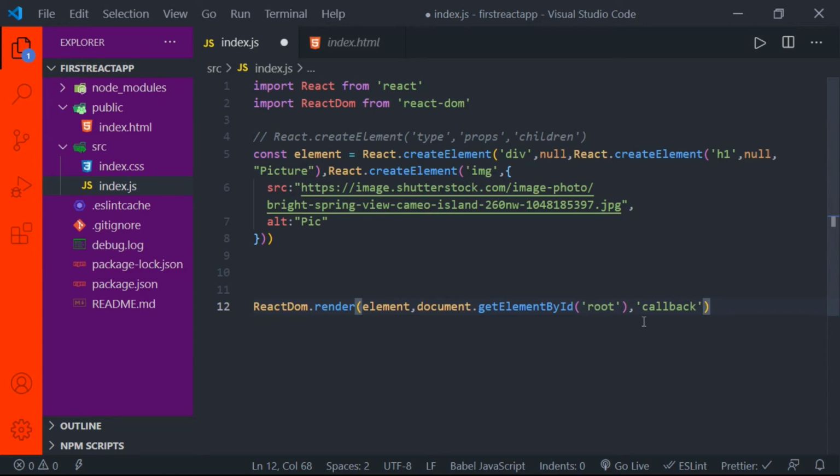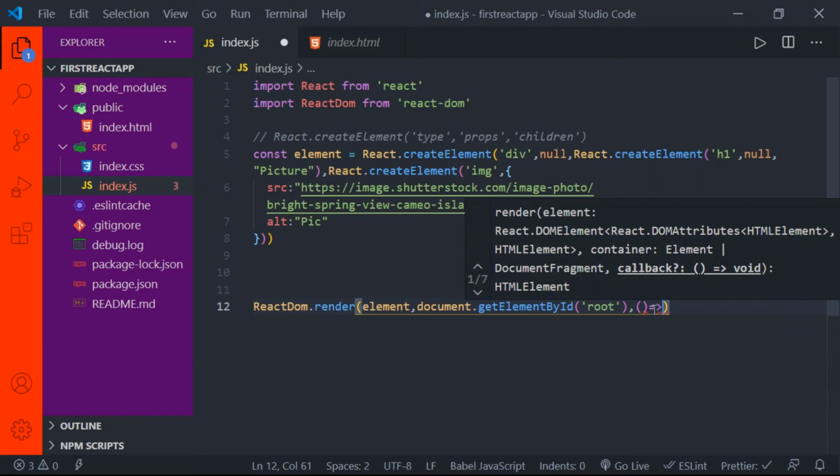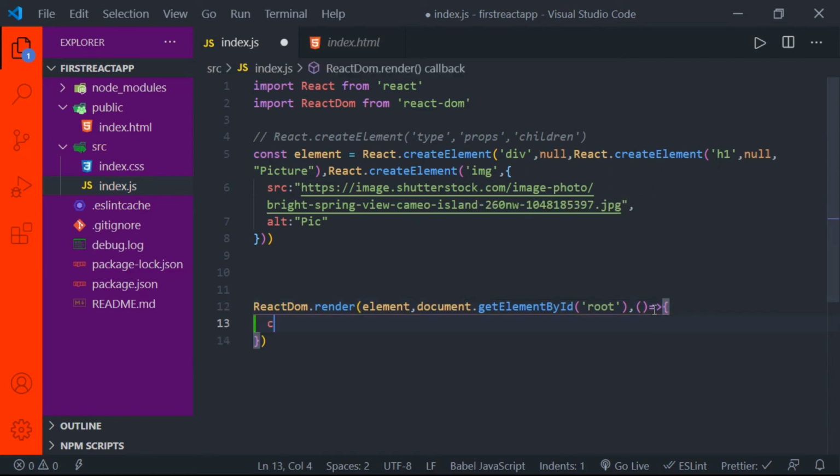Now this callback, what is this callback? It is just a function. So I'll just take an arrow function over here and I'll console log rendered. See, this will execute after rendering, right? So I'll just say it is rendered.